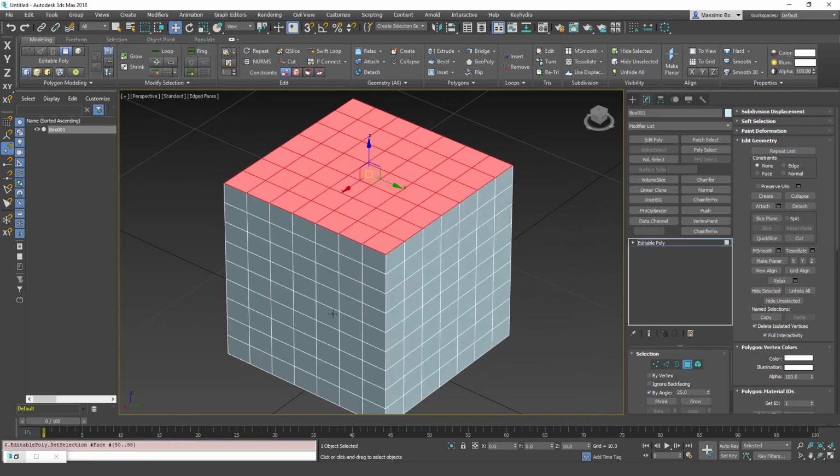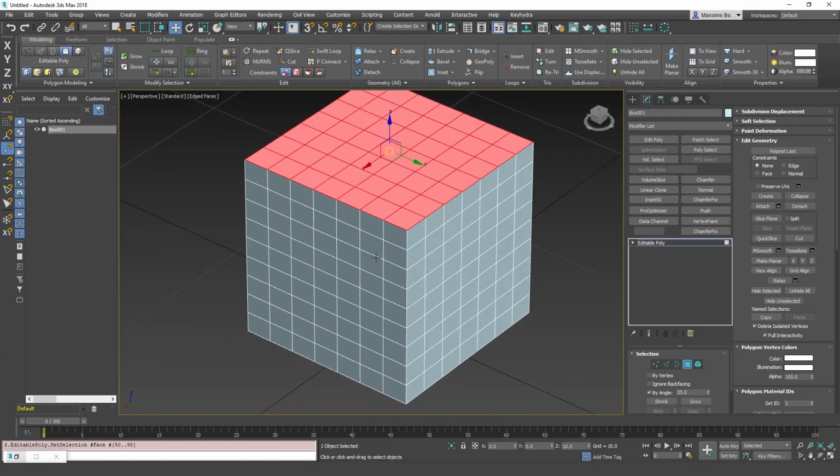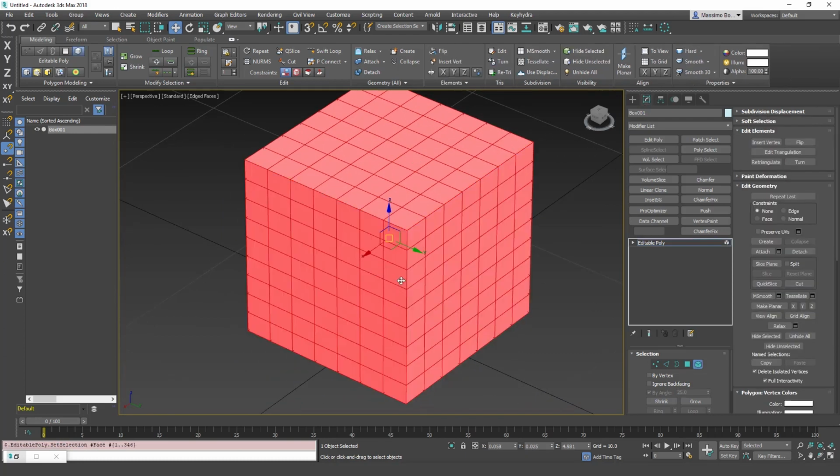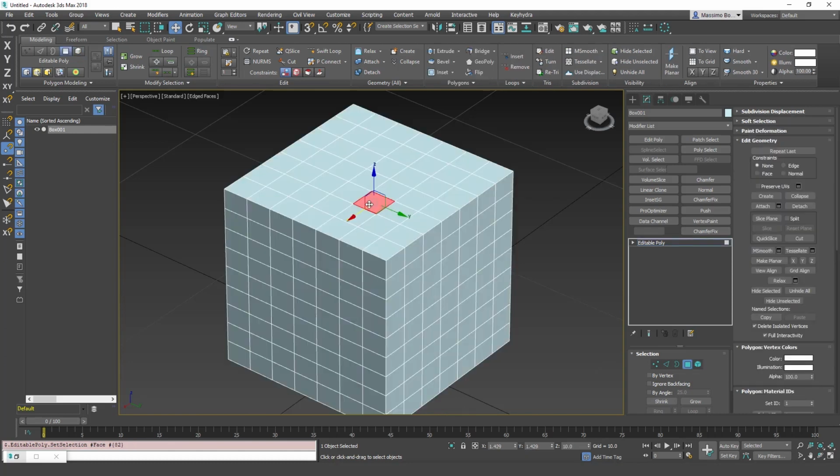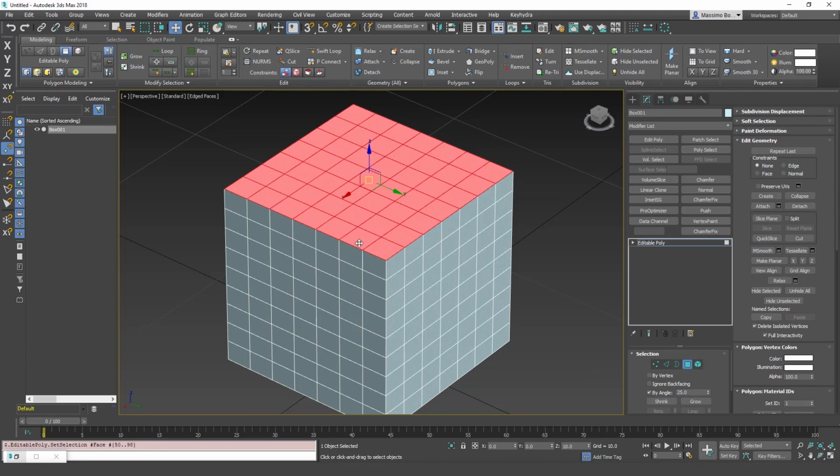And now if I triple tap 3, I'm in element. So it's just becoming more. So single tap, polygon, double tap, polygon with angle, triple tap, element.